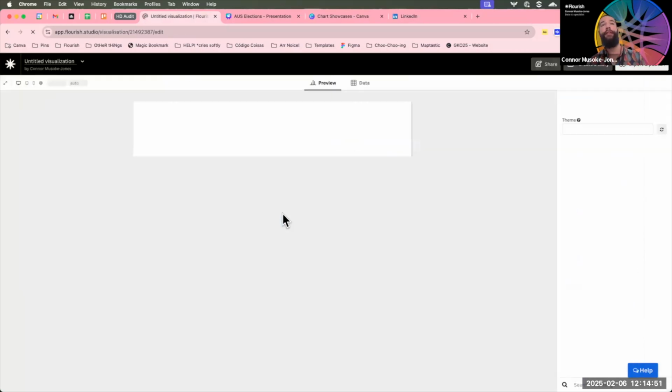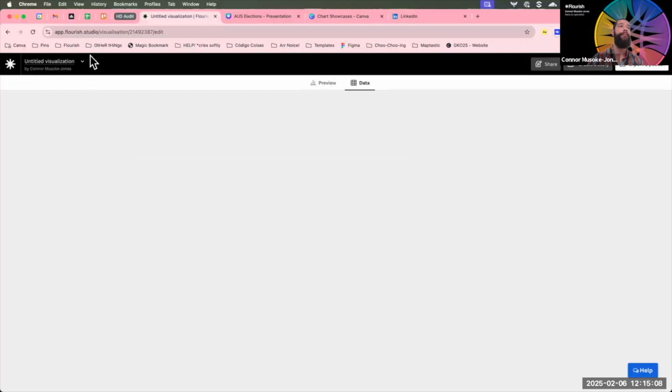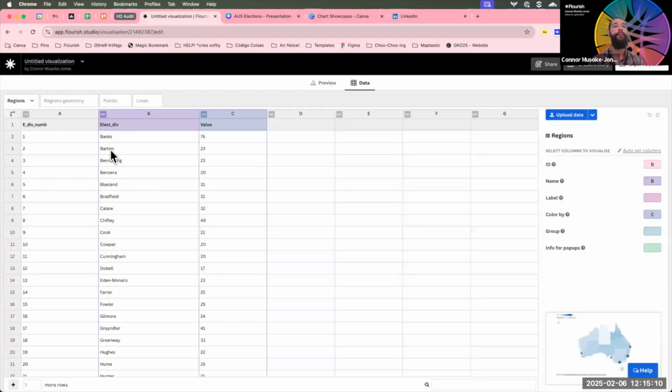And just like the previous dot plot chart that we saw, it will come preloaded with example data so you can see what kind of data will work for this map and what shape that data needs to be in. So while that's loading, in the data tab, here we go. We have a few things worth noting that are going on in the Flourish data